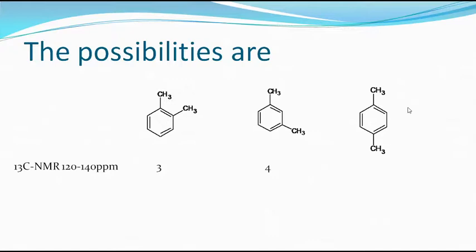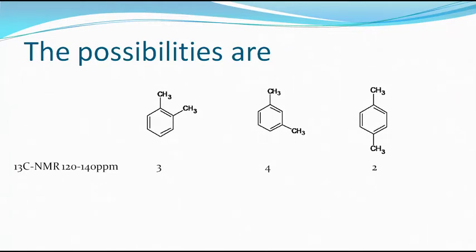If you consider this molecule, these two carbons are the same and put together give one signal, and all the other four are identical, so they give one signal. So the number of signals you expect in this region, apart from the methyl carbon, is 2. If you include the methyl, you have to add one more signal to all the numbers. As far as the aromatic carbon is concerned, this molecule will give 2 signals. Based on this, we are going to distinguish.